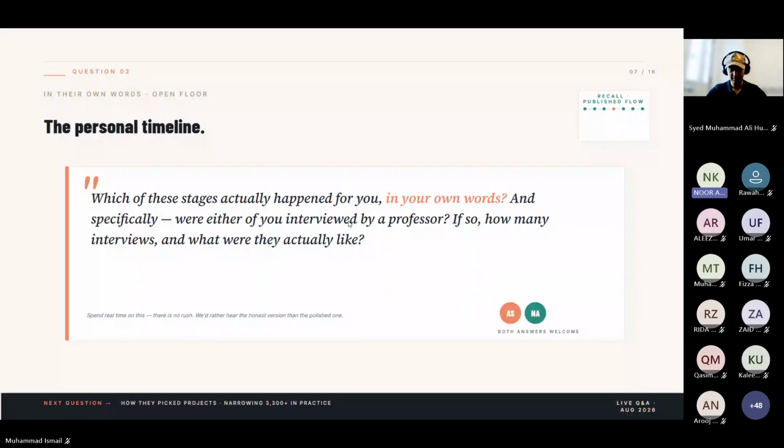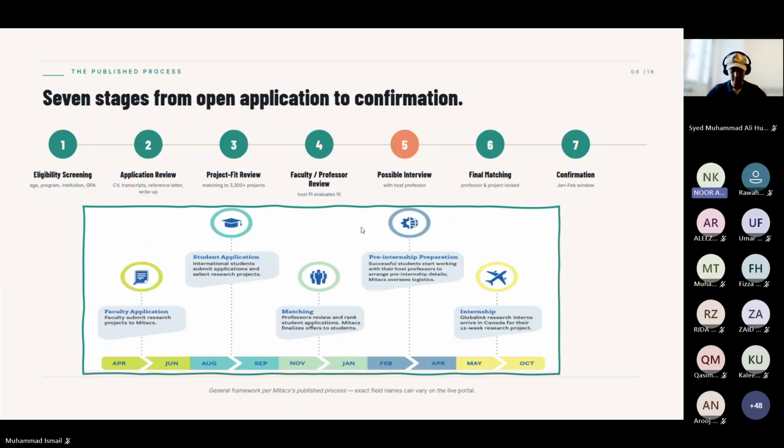Sure. In this scenario, I'm one of the unique ones who did not get selected in the first round. After you submit your application, there's a first round of selections where professors may reach out to you, ask for an interview, and then choose you. Some people don't get interviews; they can just be selected without one. I got neither an interview nor a selection, so I was shifted to the second round where I had no hope at all.